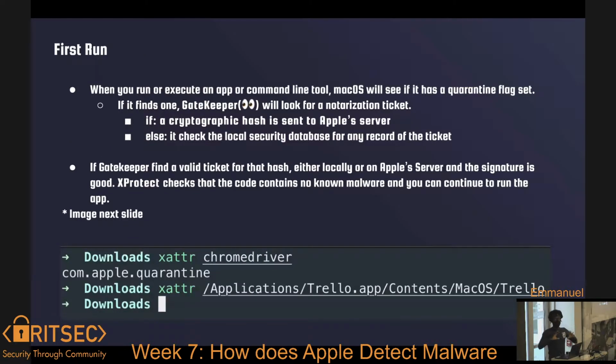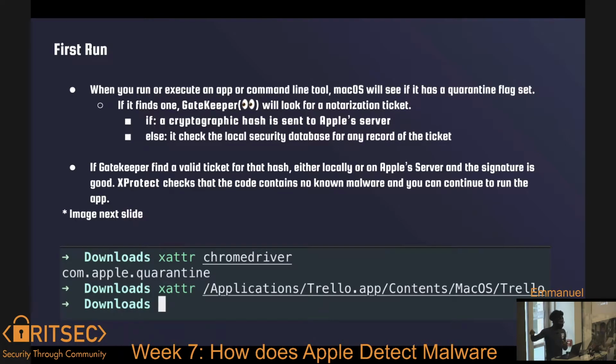Okay, so let's say you've uploaded your app, yada, yada. You want to run your app. There's two cases. If you download the app from the internet, by default, it's going to add the quarantine tag, as they call it. So it's like a 1 or 0, off and on. And if it's on, it's going to be right here. It's going to have the flag apple.com.quarantine. This just tells the Notarized service, or pretty much the system, that if you're going to run this, you should quarantine it first to make sure it's not malicious before you can actually run it.